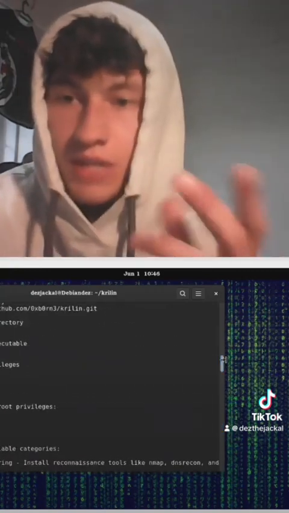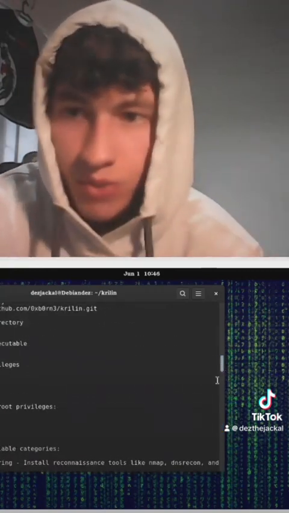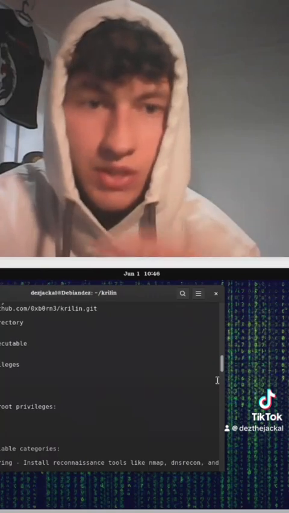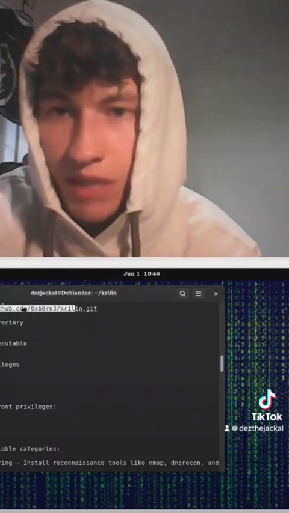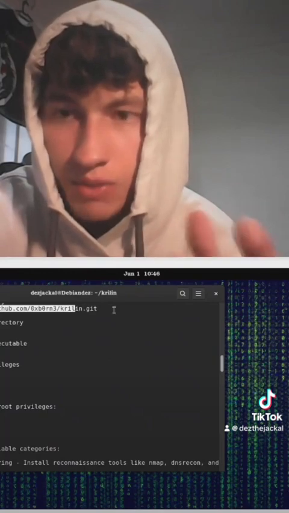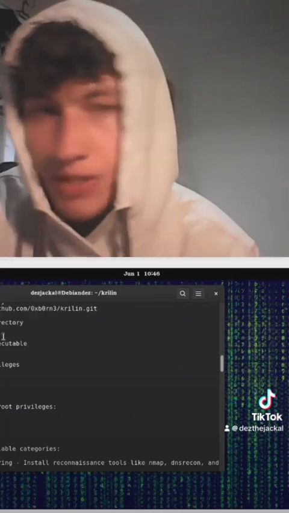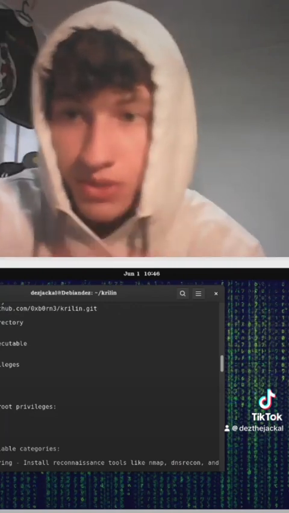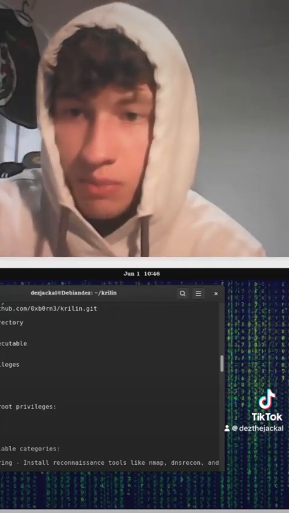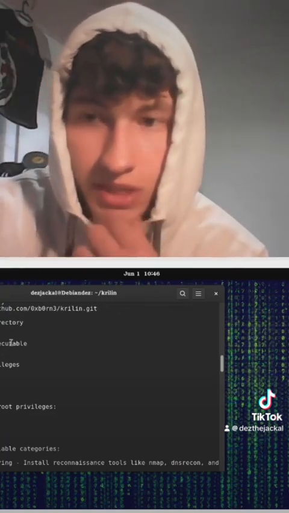Basically, to run it, you obviously navigate to the folder if you install it with Git. So you're gonna say git clone. Over here you see git clone, and you're gonna basically copy and paste the git link. Then you're gonna navigate to the file folder, so cd Krillin, and then you're gonna make the script executable.